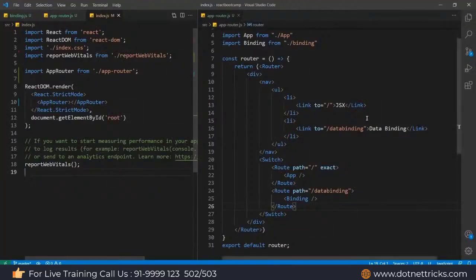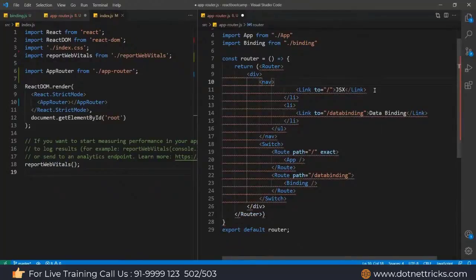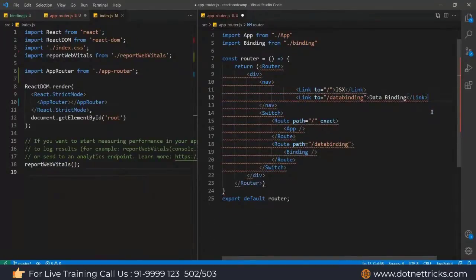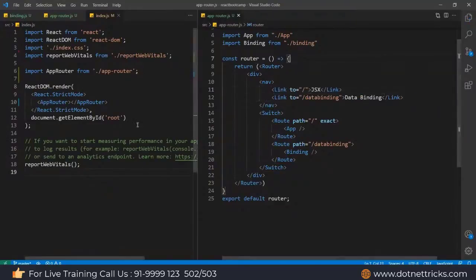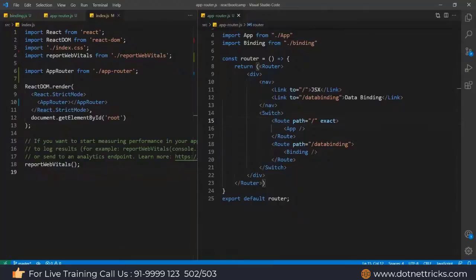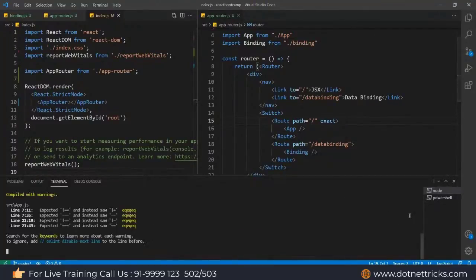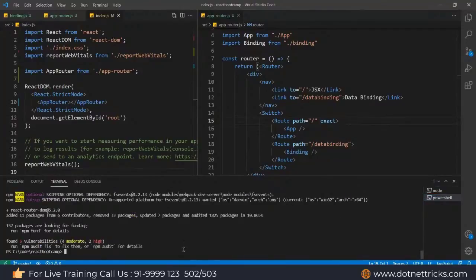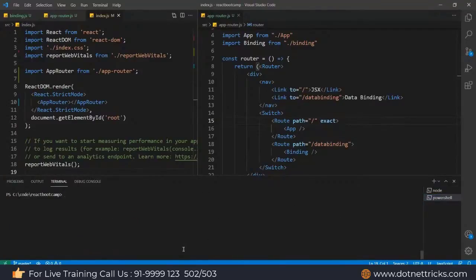And if you want to make it as a proper menu, just do one thing, just remove this ul li, because this ul li is going to set up the things. Now if you use it this way and I refresh it, I'm getting it like this. Okay, now let's see how we can add the bootstrap here. So now run a command in the PowerShell for installing the bootstrap. So let me install bootstrap, then use the flag save.